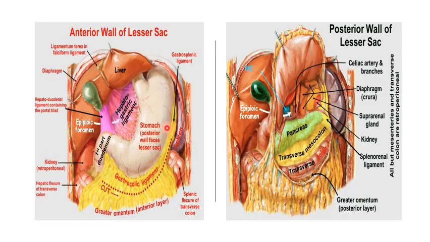Now in this picture, we are not looking at the lesser sac because the anterior wall of the lesser sac is covering it. So we have removed the stomach in order to see the cavity of lesser sac. This is the stomach which has been lifted up. So what we are looking at is the posterior wall cavity and the structures which are forming the posterior wall of lesser sac. Transverse colon, pancreas, the left kidney, left suprarenal gland and the diaphragm become the posterior wall of lesser sac.